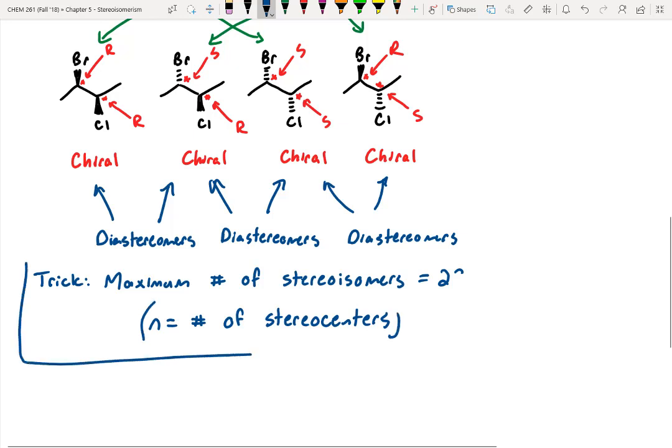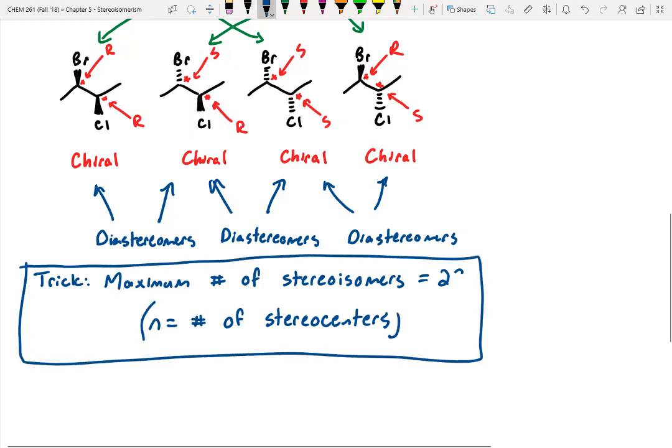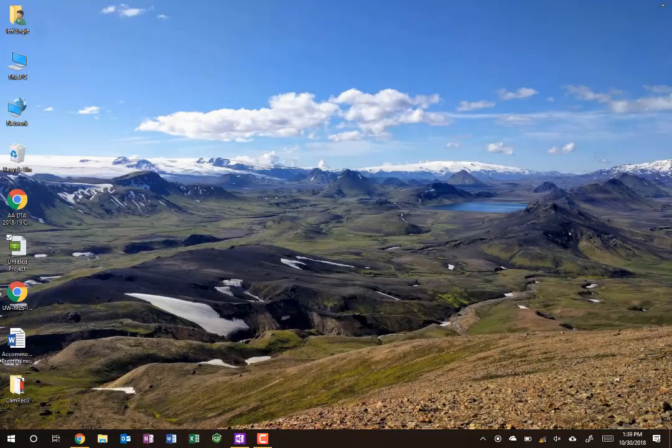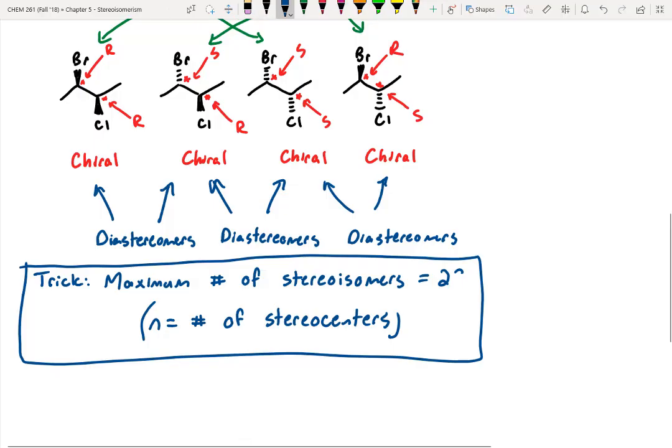So in the above example, we had two stereocenters, right, labeled with stars. So 2 raised to the 2 power is going to be 4. So at most we could have 4 different stereoisomers for